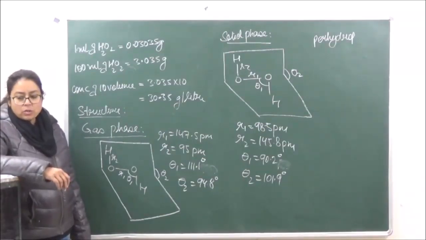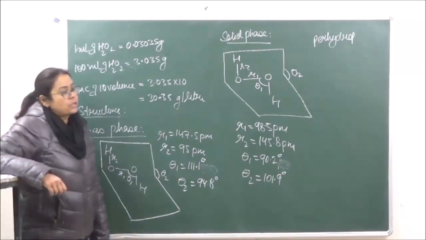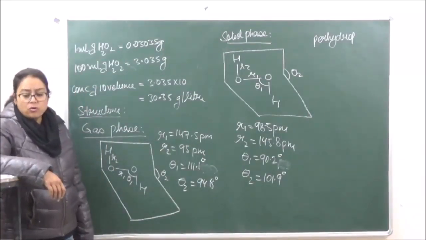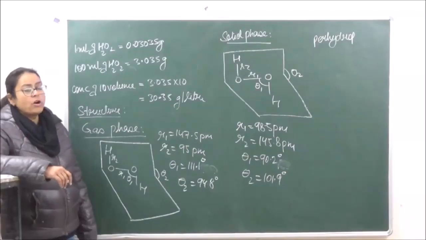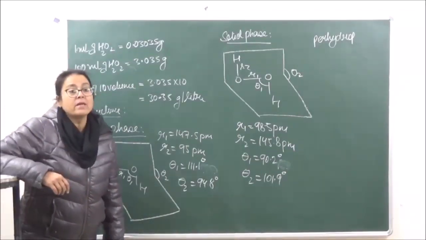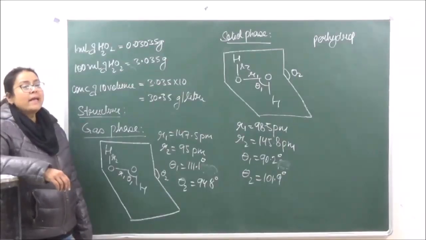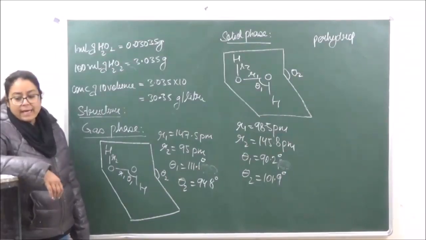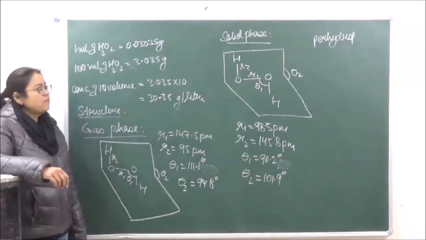Then H2O2 is used as an oxidizing agent in control of pollution. You know that hydrogen peroxide is going to dissociate giving oxygen. So in case of pollution it is used as an oxidizing agent. Then it is also used for restoring color of old paintings. There are many old historical paintings which have lost their color. So applying a thin film of hydrogen peroxide on them can restore its original color. Okay. And then finally it is used in the detection of titanium, vanadium and chromium ions in their respective salts.